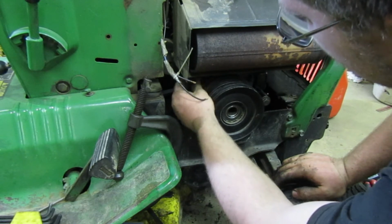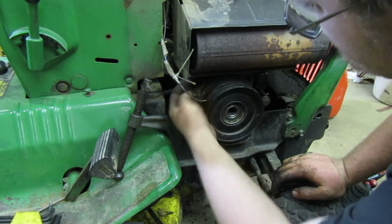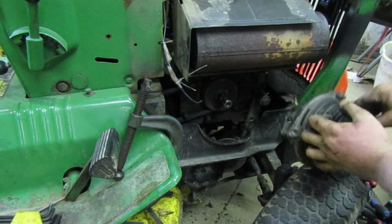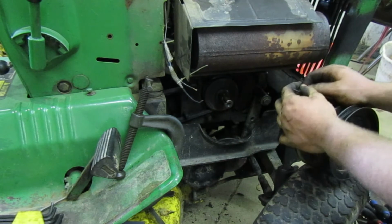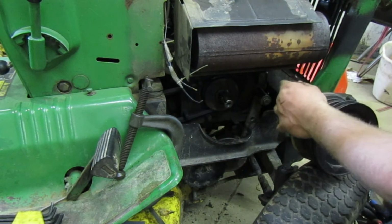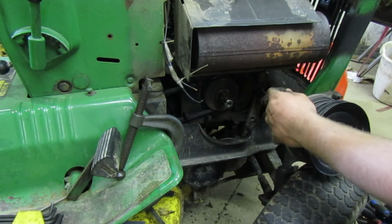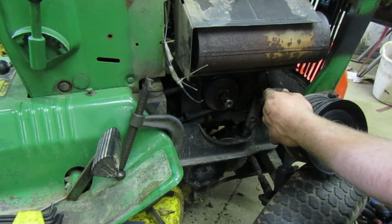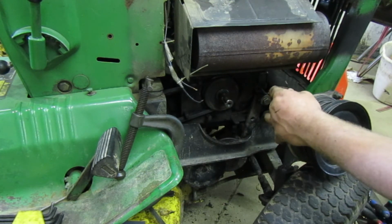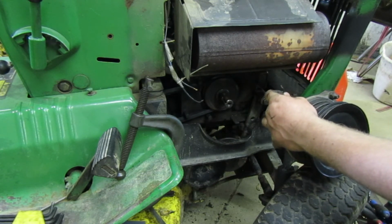Yeah, there's not enough wire on these to get out here anywhere. So, well, maybe there is. Let's just try it and find out. That's not what I want. Maybe we can use